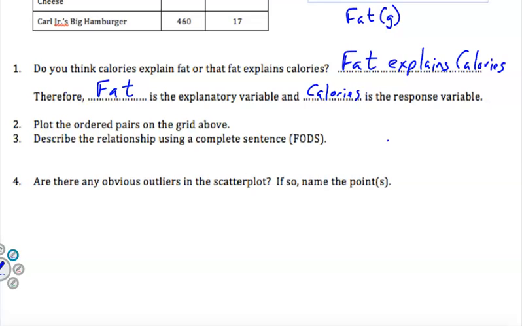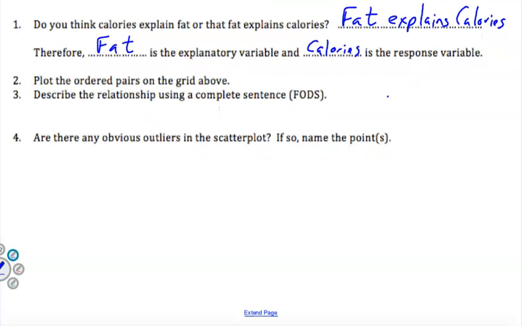Okay, so we plotted the ordered pair already. Step 3, describe the relationship using a complete sentence. Okay, and so when they say describe the relationship on a scatter plot, they're asking us to do that FODS sentence that we had. Okay, and so I'm going to put there